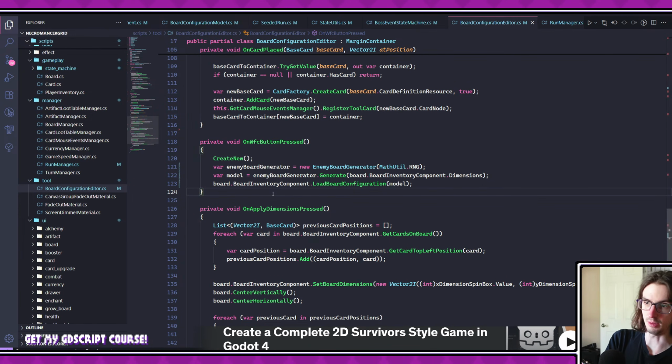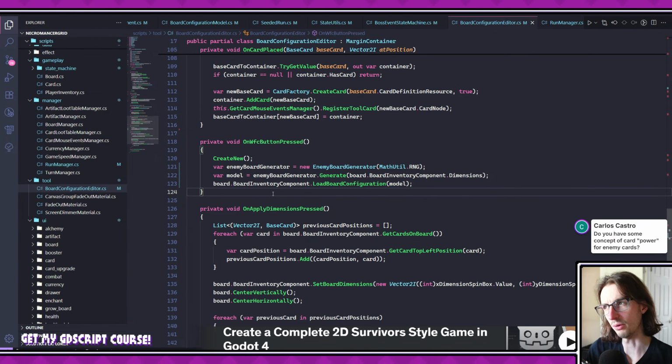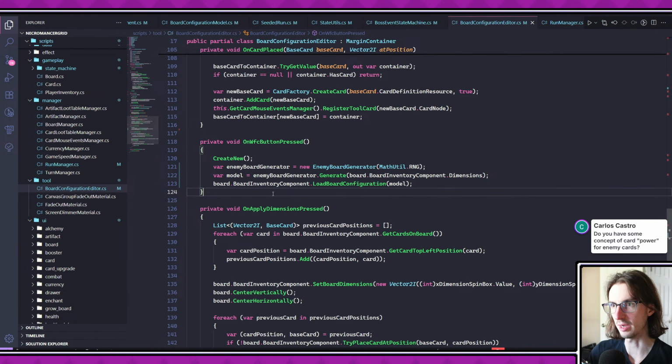So basically, the base score will be treated as if every cell in the board is occupied by a tier 1 card. And then every tier after the first will add to the difficulty score. The problem with that approach, though, is that it's kind of imbalanced, right? Because if you have a 3x2 board, so it's got 6 cells, but then you've got a card in there that's like tier 5, that difficulty is going to be represented as 10,